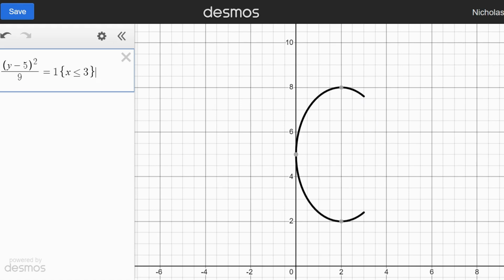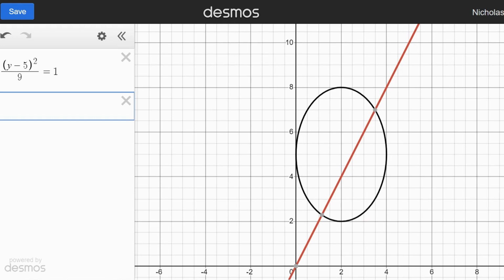I could likewise do the same thing, but instead of saying x has to be less than or equal to 3, I'm only going to do this part where y is less than or equal to 3. I also have the capacity of instead saying, maybe I want to restrict this instead where it's y equals 2x. So maybe I want to have one direction of the cut of this